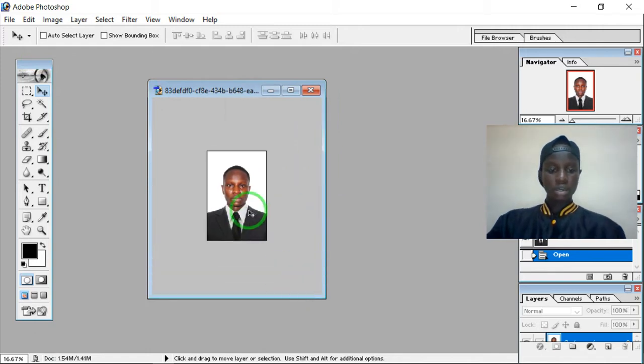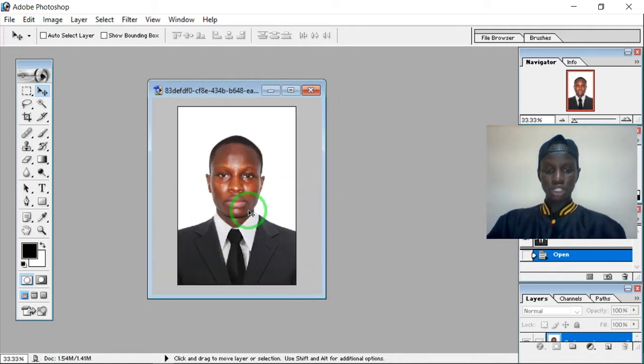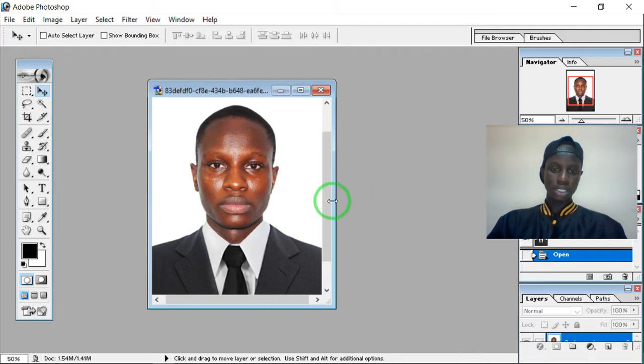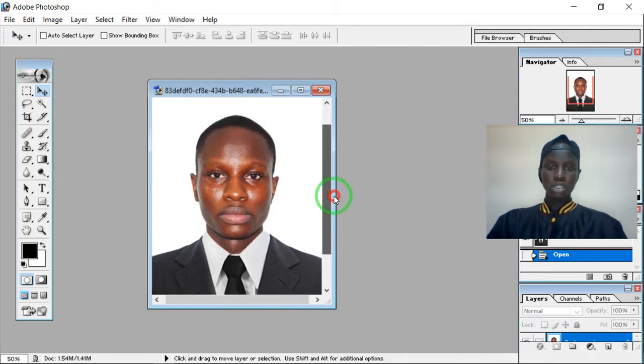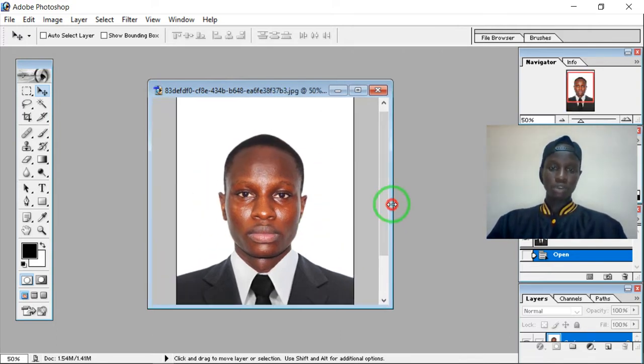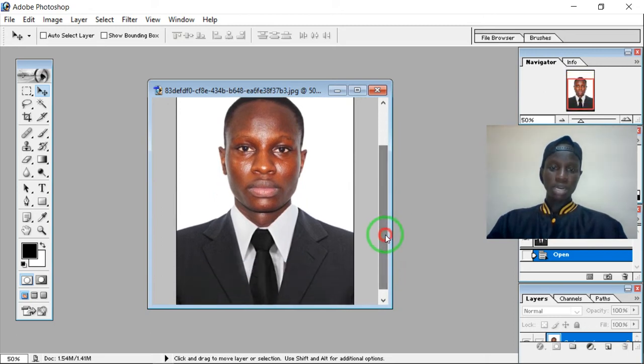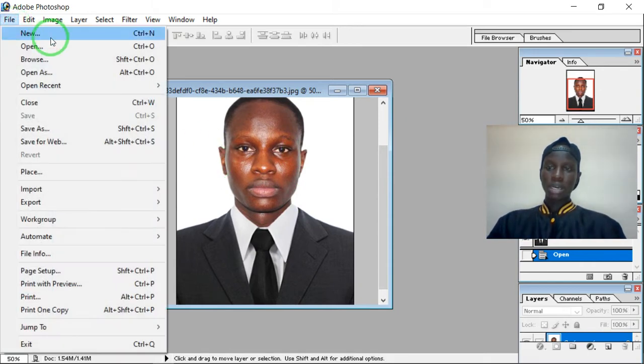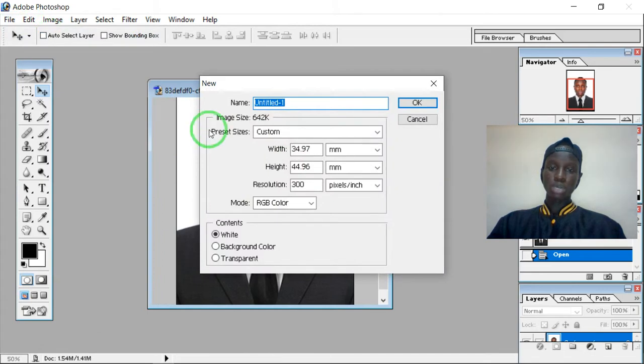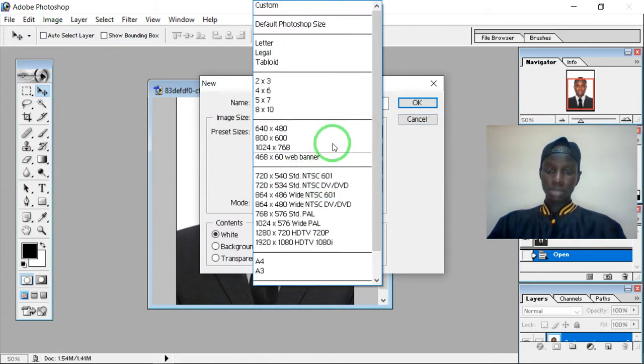Don't worry about the background. I'll show you also how to change the background to any color that you want. And mostly for passport application, if you want to apply for a passport, the required background is always a white background photo. So I'm going to show you how to change the background and everything. So first, we're going to start with the application passport photo